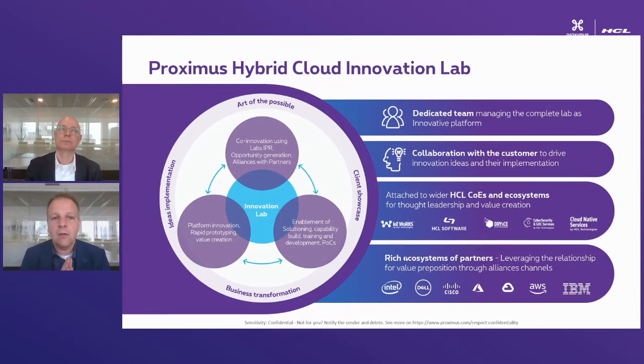Now, we also use the labs as training facilities. At the moment, we are training Proximus and HCL people on site reliability engineering, which is very key when you go to containers and next level. So the labs are really the way to pull the whole innovation forward. Currently we have about, I don't know if it's public information, about 300 people working on this environment,